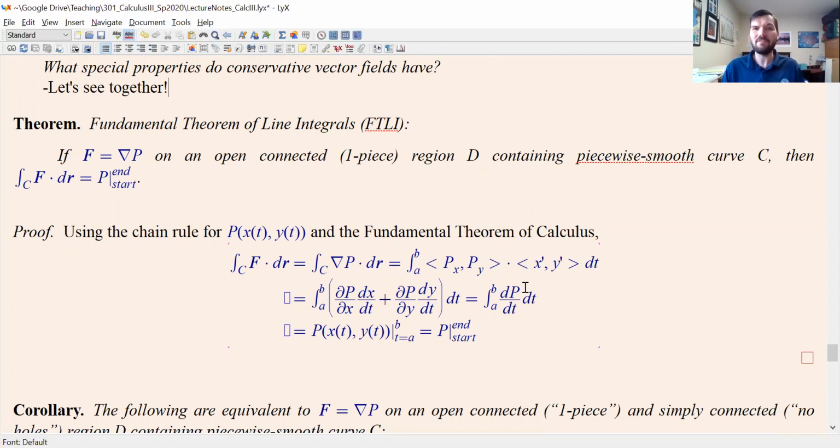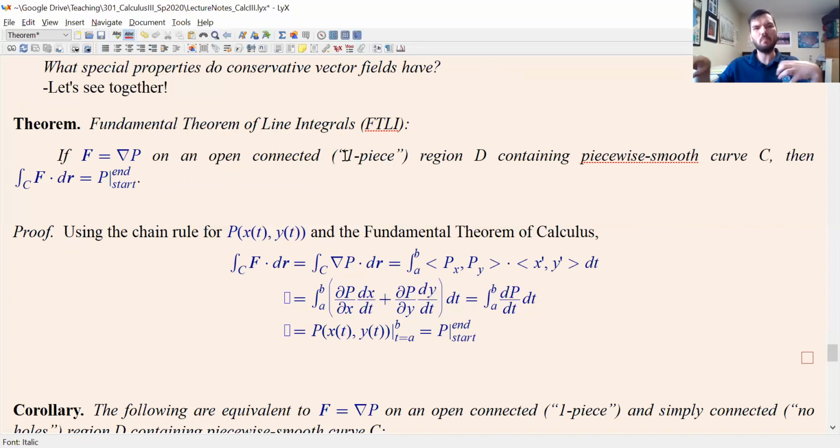It says that if your vector field is described by a gradient of a potential surface, this surface can be of any number of variables or any kind of variables in any coordinate system. If your vector field is described as a gradient of some surface on an open connected region, connected here refers to the region being one piece, not multiple pieces, containing a piecewise smooth curve C,